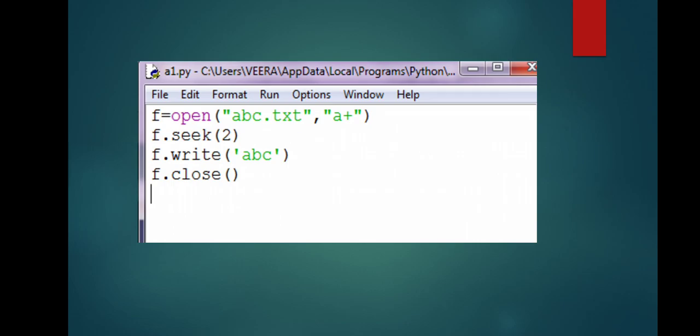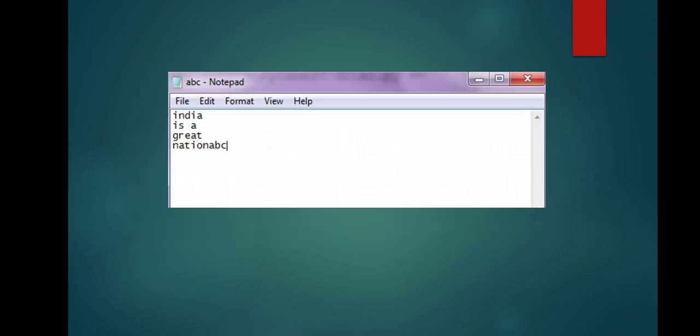As I have already told you, in text file, this backward movement is not possible. So what will happen? The cursor will not shift back, it will remain at that very position where it was. It is not going to flash you any error, but it is not going to change its place. So where will now ABC be written? See, ABC is written at the end of the file where the cursor was located. Okay, this is something very important, you should remember it.